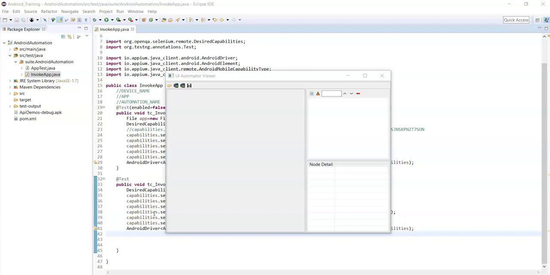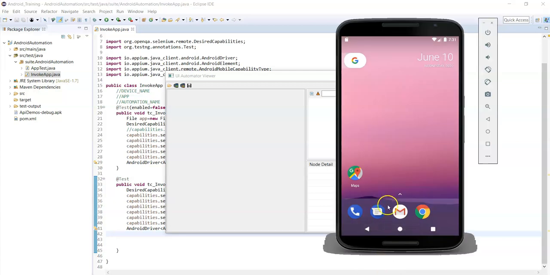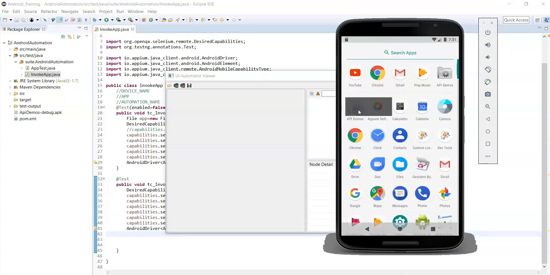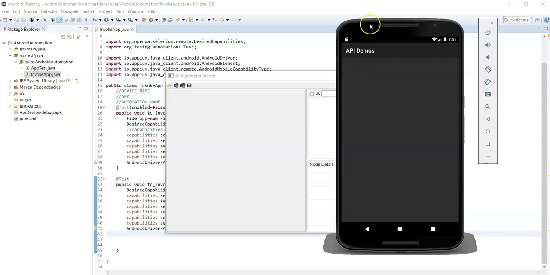So device should be unlocked, and then you need to open the app. Now first one we are going to find the locators in emulator, right? So we need to open the app first. Open the app.